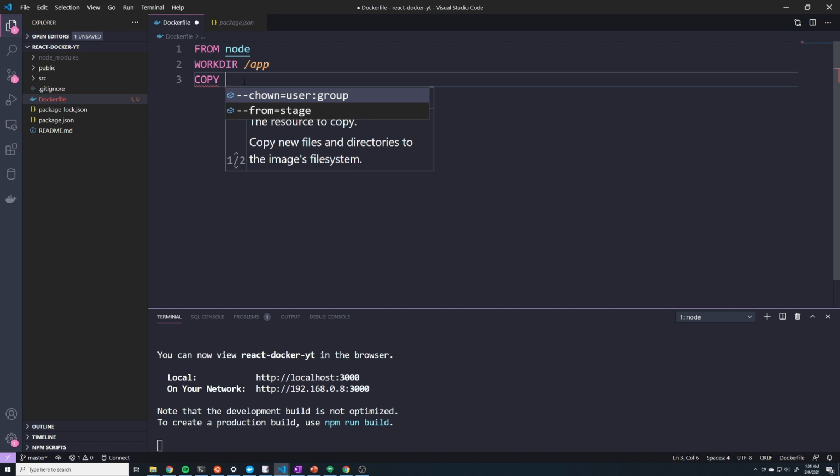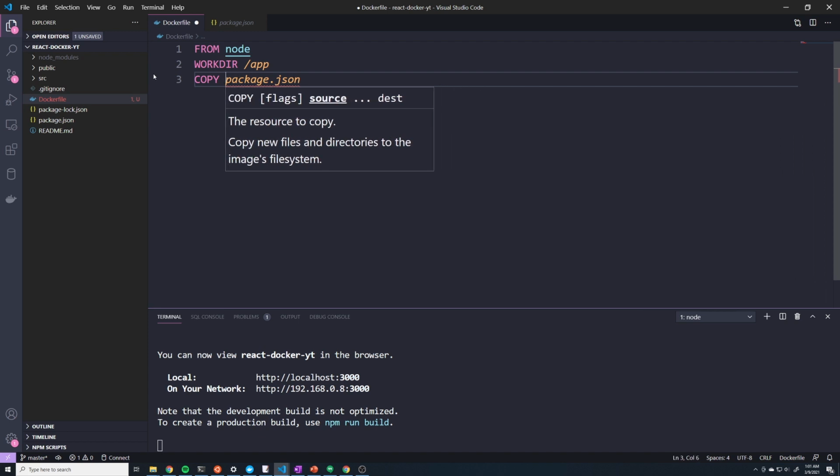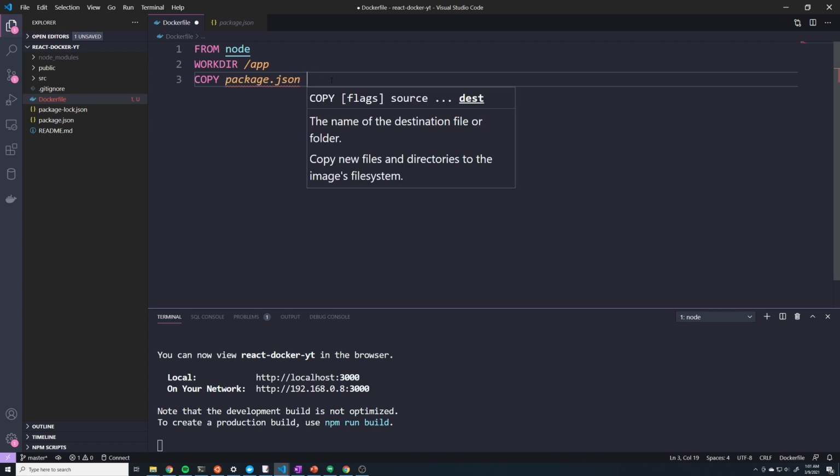and we can say copy, and then the path to the file that we want to copy or the directory. We can copy an entire directory, but we just want to copy our package.json. And since it's in the same directory as the Dockerfile, I could just type in the name of the file, which is package.json. But if it was in another directory, you could always do something like /source/whatever. So package.json, and then we have to specify the directory that we want to copy this file to